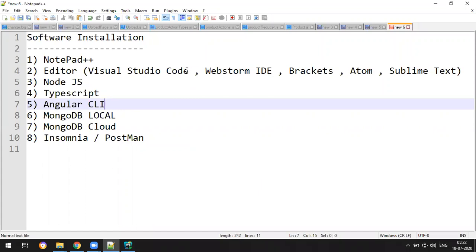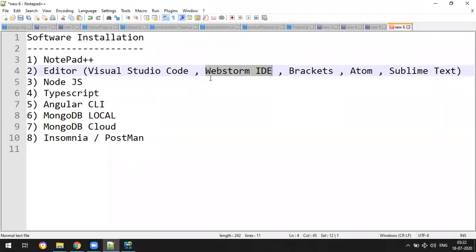for all this you have to install a lot of other plugins. So it will come with a basic version. And if you want to extend the functionality and language support, you must install extra plugins for them. What about WebStorm is, this is an IDE, Integrated Development Environment. This supports almost 15 plus languages, and almost every plugin is there.